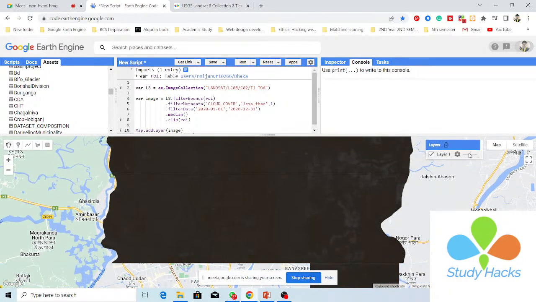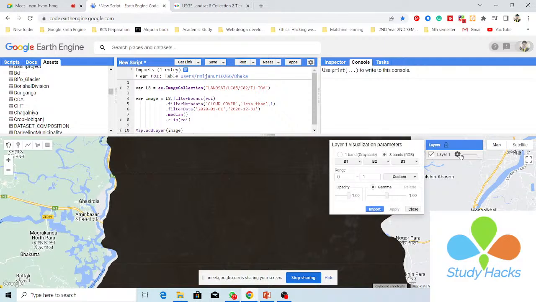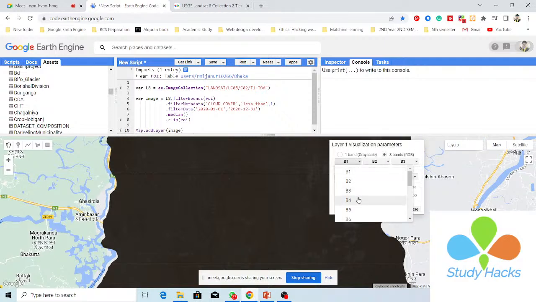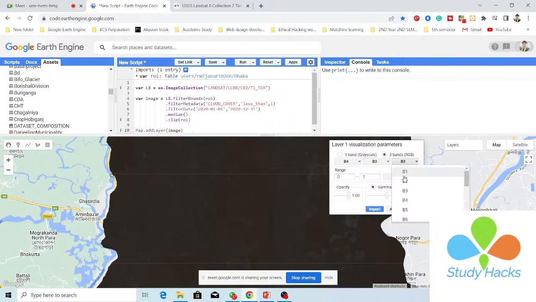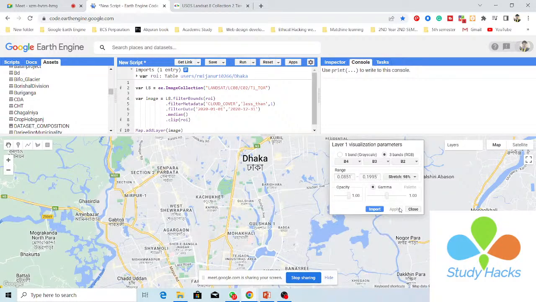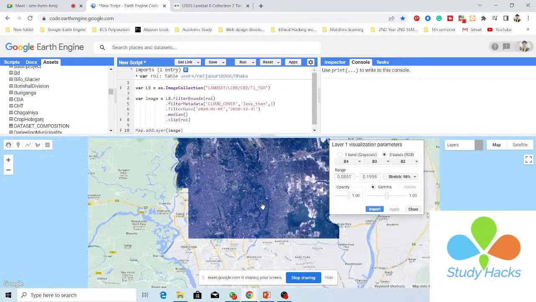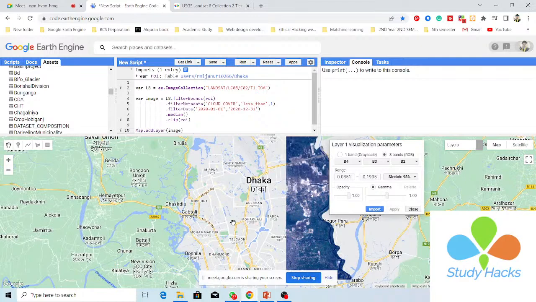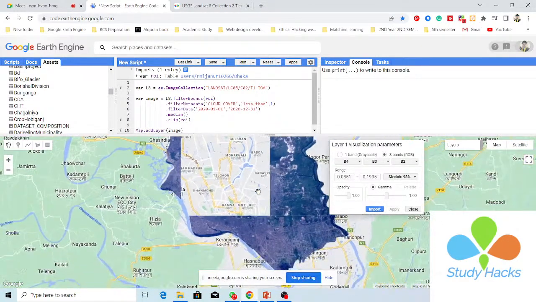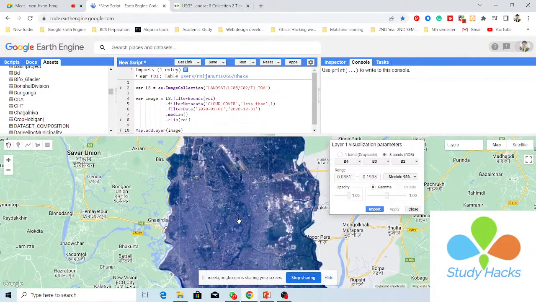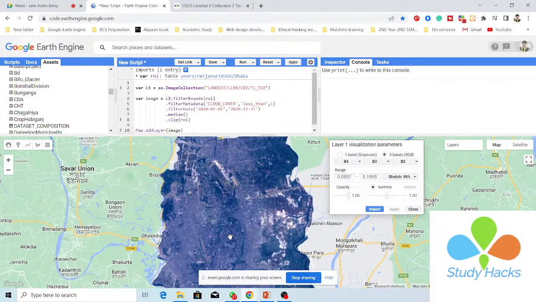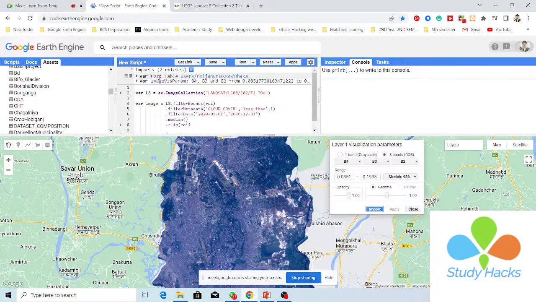So I simply go to the visualization parameter. I want to use the true color composite or natural color. So this is the red band, then green band and blue band. I also increase the stretch to 98% for better looking and click apply. So now you can see this is our satellite imagery for the year 2020. Okay, this time I want to use this satellite imagery for making the land cover classification map. I also import this visualization parameter, so I simply click on this here and copy it,